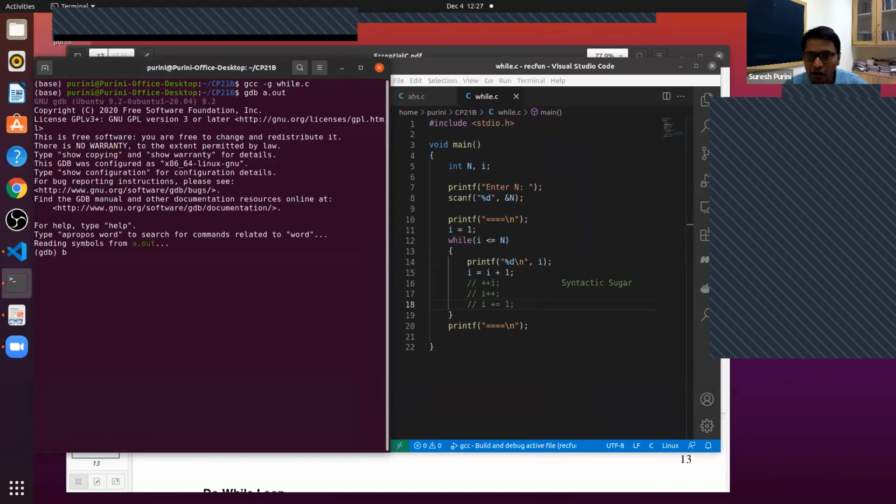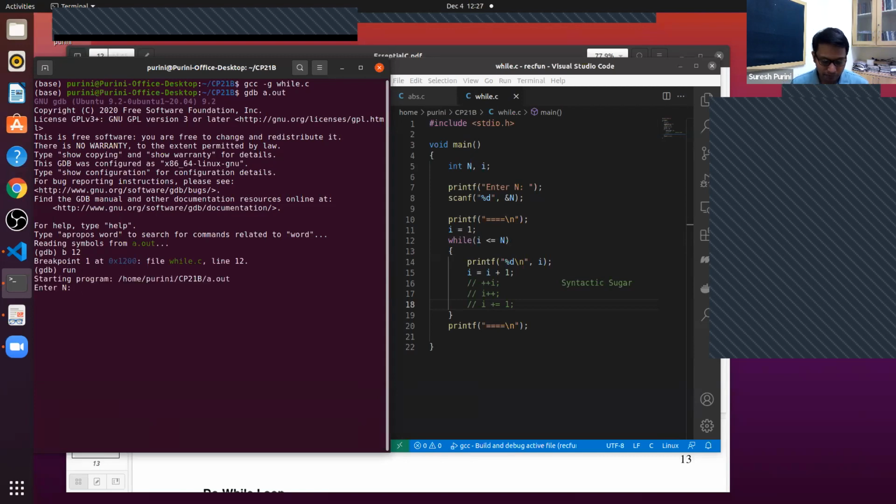Okay, so now I am putting a breakpoint on line number 12. I don't need to use the full break command, I will just use b 12. So a breakpoint on line number 12 is set.